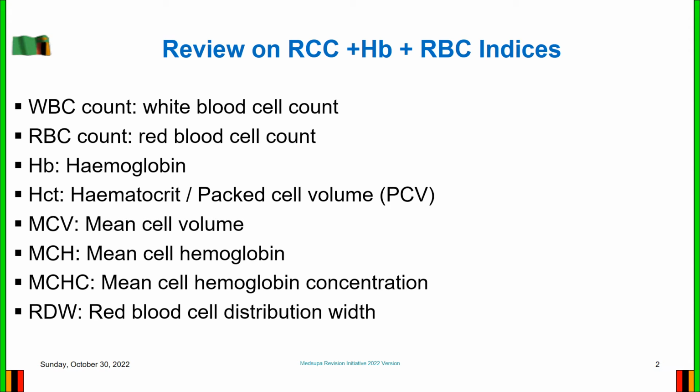If the RDW is high, clinically we are going to find that in sickle cell anemia, and we may also find it in iron deficiency anemia. But when it is high, we have got 3 terms there which we may call